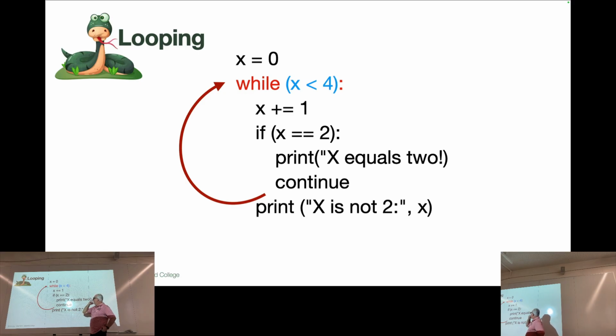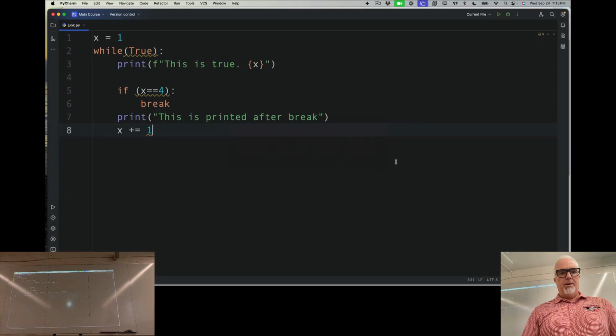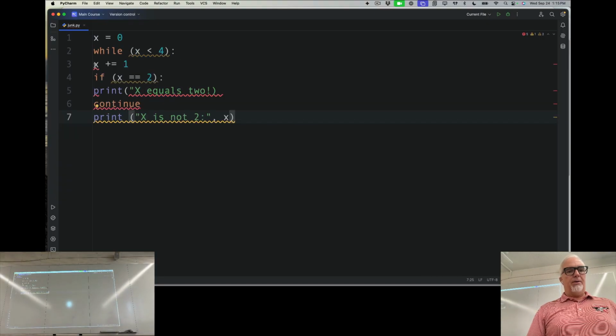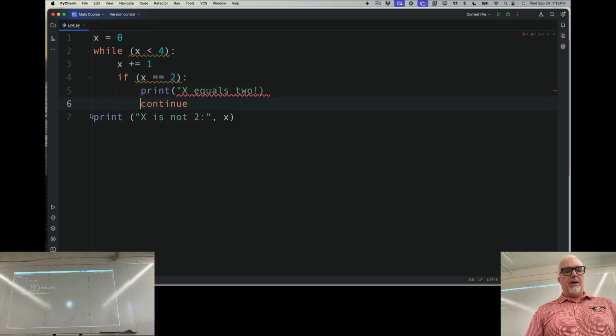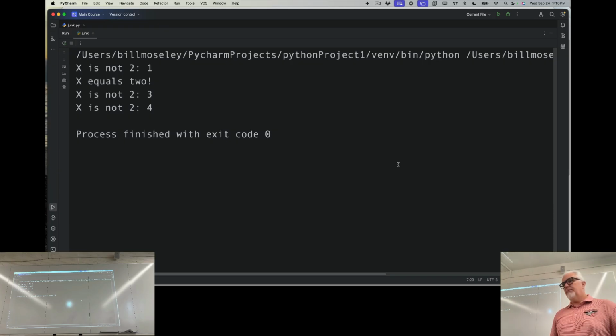In this case, what I'm using this to do is to print something different when x is equal to 2, but it still continues on until x is 3. So I'm just going to copy and paste this code real quick. Okay, so we got to do my indentation here. 2 there, 2 there, 1 there. There we go. And it helps to have that. All right, same code now. Run that. So you can see